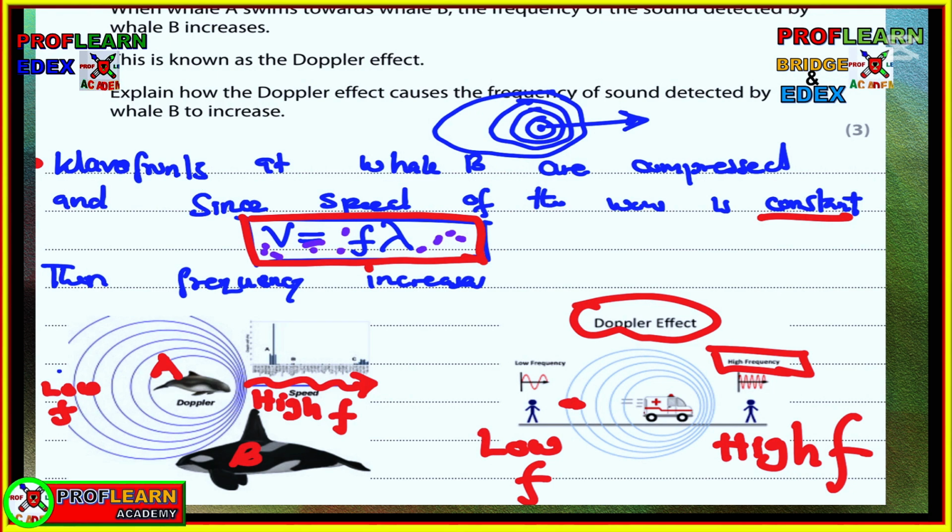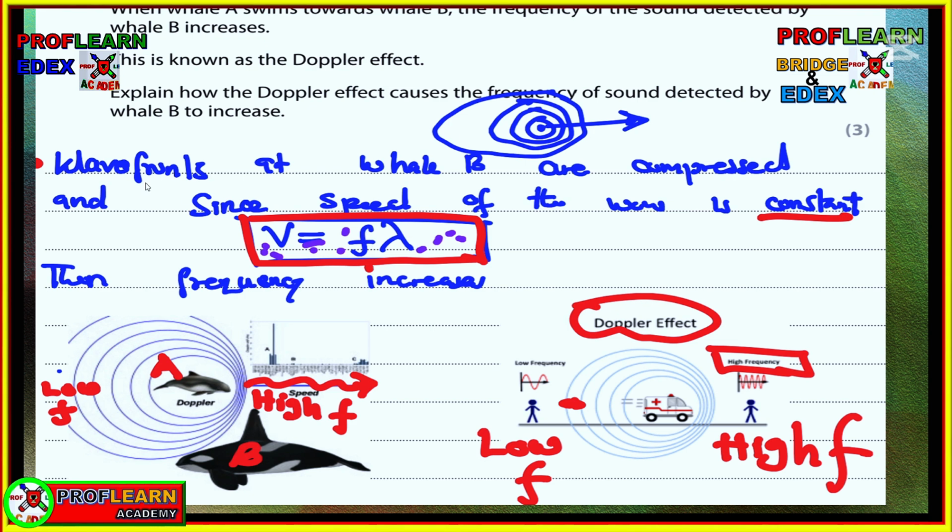So when whale A swims towards whale B, the frequency of sound detected by whale B increases, and this is known as the Doppler effect. We are supposed to explain how the Doppler effect causes the frequency of a sound wave detected by whale B to increase. Now you see, if an object is moving in this direction, the wavefronts will be very close, and if the wavefronts are close, it means the wavelength is short. Therefore, since speed is constant, frequency has to increase,